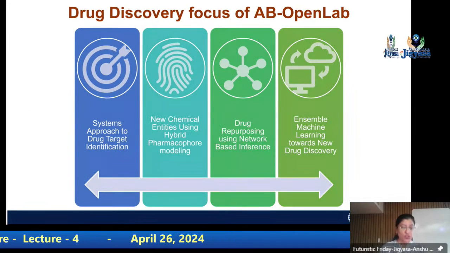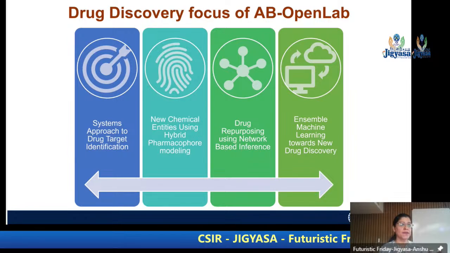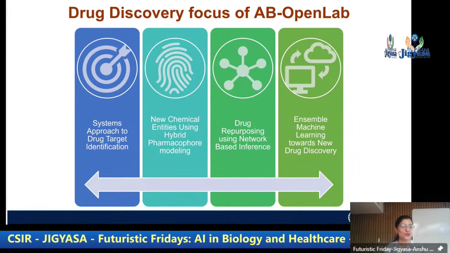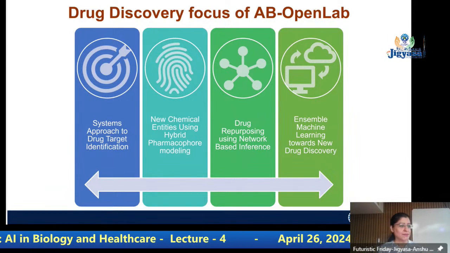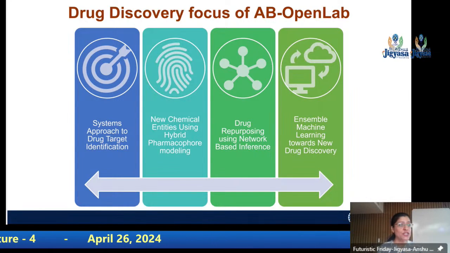All right. In the last few minutes, I'll very quickly take you to what we do in our lab. So since you know my name, it is Anshu Bharadwaj. So I call my lab AB Open Lab. And the reason is pretty simple. Anybody who wants to try anything new in science, you're welcome to come and play. Science has to be fun. It has to have impact. So you need to have an open mind and an open lab to do that. And that is why the lab says AB Open Lab.